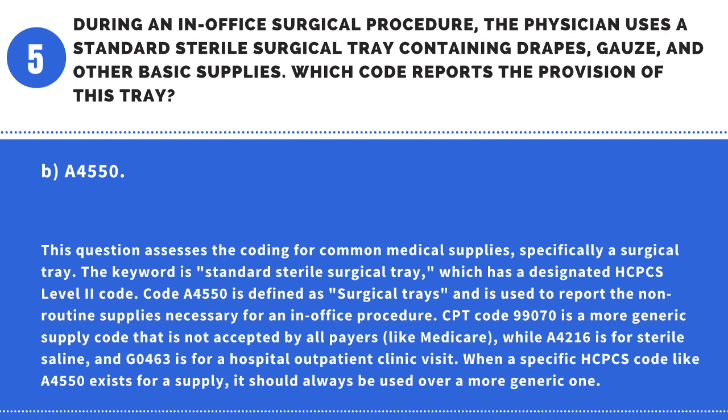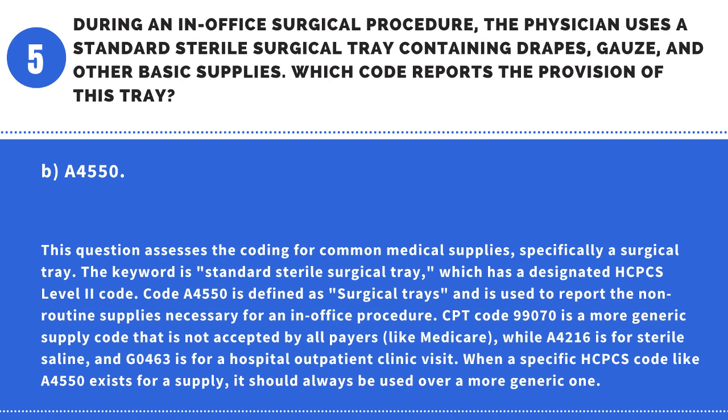CPT code 99070 is a more generic supply code that is not accepted by all payers, like Medicare, while A4216 is for sterile saline, and G0463 is for a hospital outpatient clinic visit. When a specific HCPCS code like A4550 exists for a supply, it should always be used over a more generic